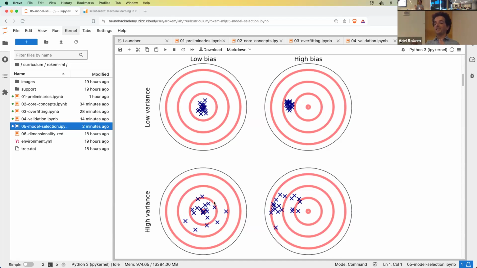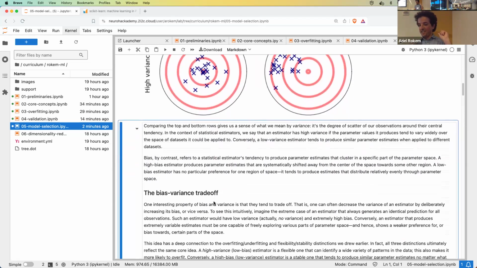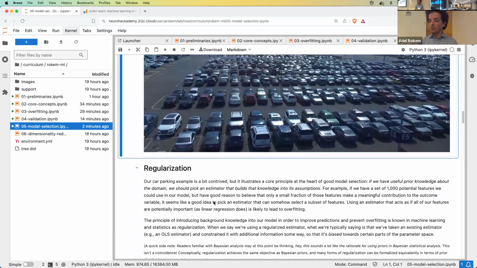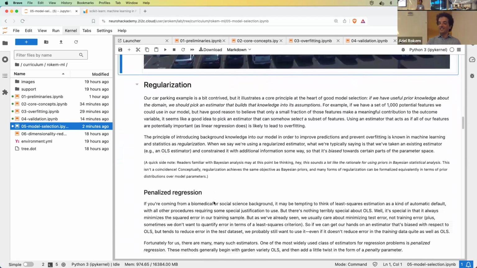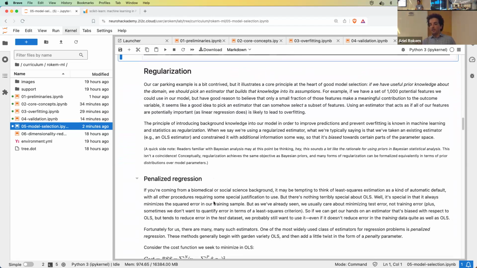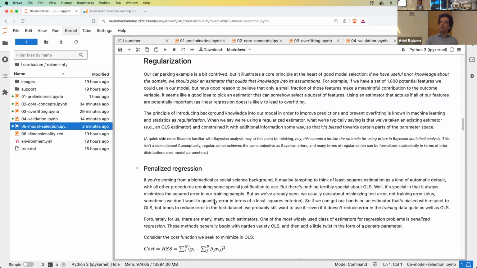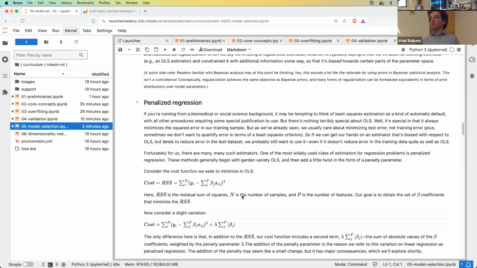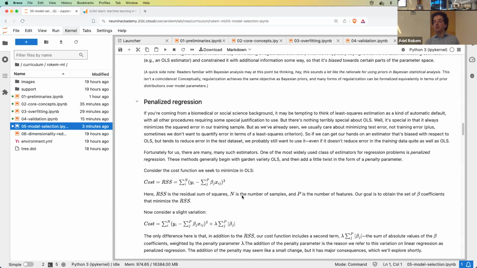Okay, so that's the main idea that I'll try to introduce here in the next 10 minutes and bring us home. I'll skip over this analogy that uses parking lots to go straight to the core of this. So the way that this introduction of bias at the expense of variance has been introduced into statistics is through a process called regularization. And in order to explain regularization, I will talk about a specific family of algorithms that use regularization,